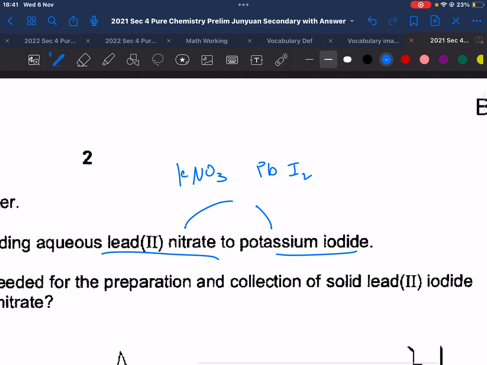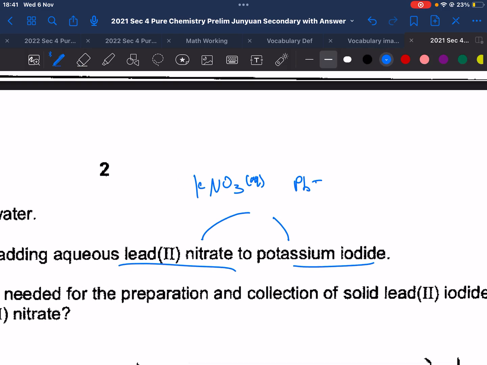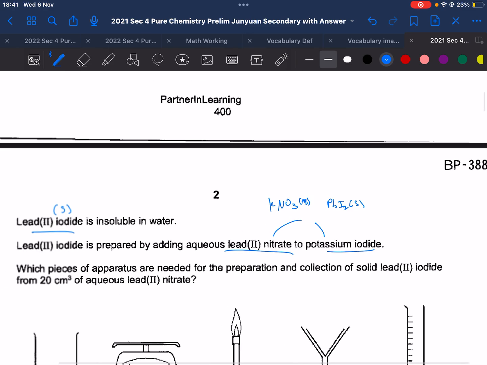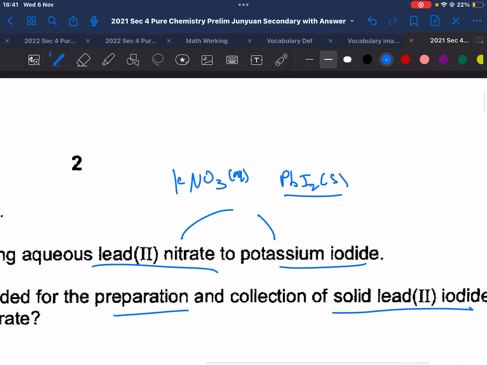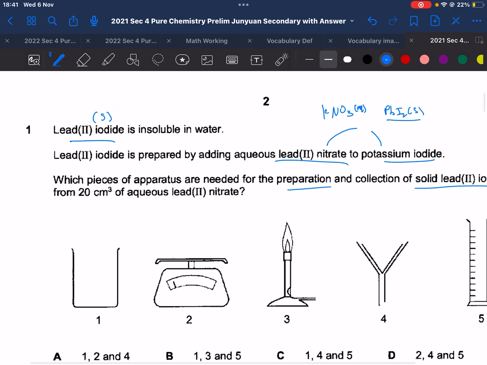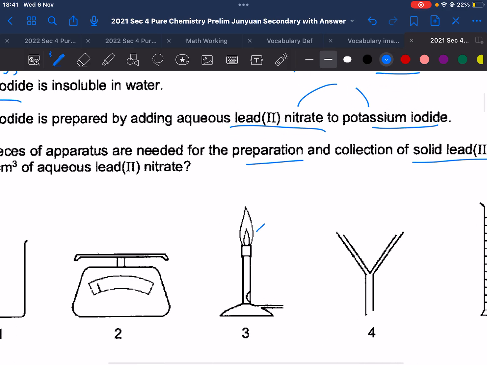Okay, and we know that potassium nitrate is actually aqueous. Okay, and then our lead iodide is actually a solid. Okay, so in the preparation, we know that it's a solid, so it means that it must be some form of filtration involved, right? So we do not need to evaporate